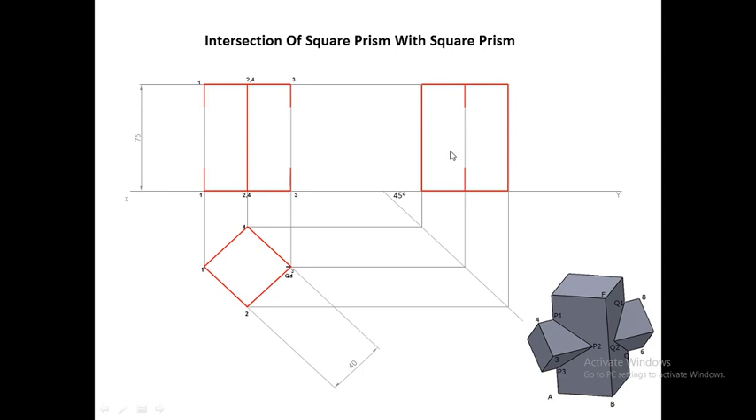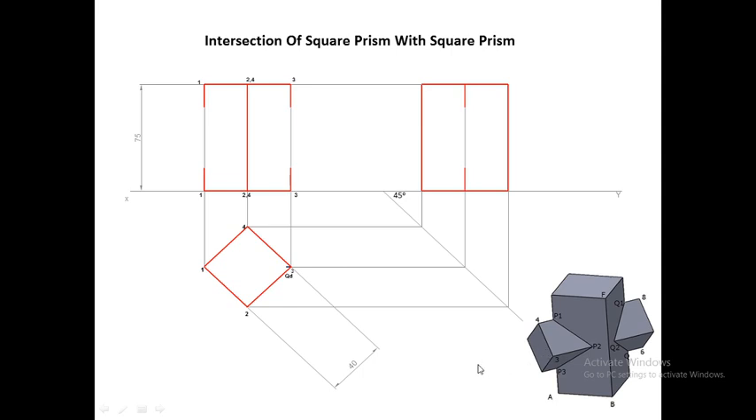Now you can see that in the side view this portion of the vertical square prism is kept as light, whereas all remaining parts are kept as dark. That is, all the edges are dark except this part. The reason is that if you observe this vertical square prism from the side view, that is from here,